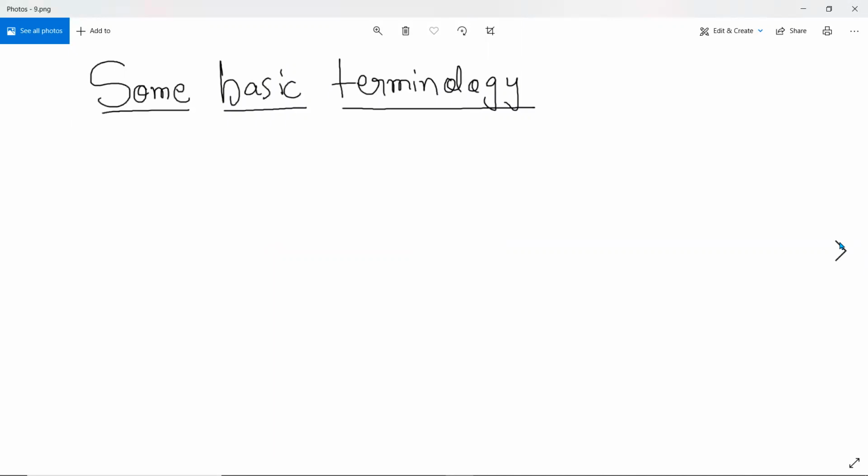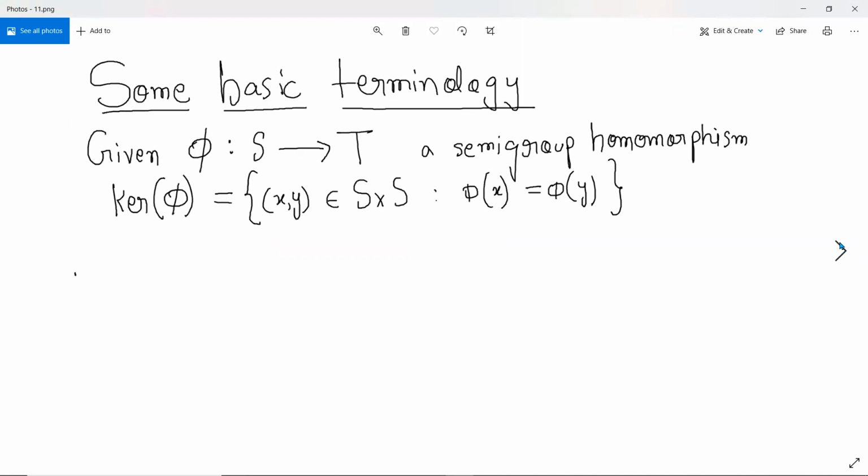Right. So first, as usual, we'll start with some basic terminology. The first definition is probably known already, but I'll still define it. We have a semigroup homomorphism from S to T, so we know what that is. What I want to define is the kernel, because this will be useful for us to parameterize the Green's relations